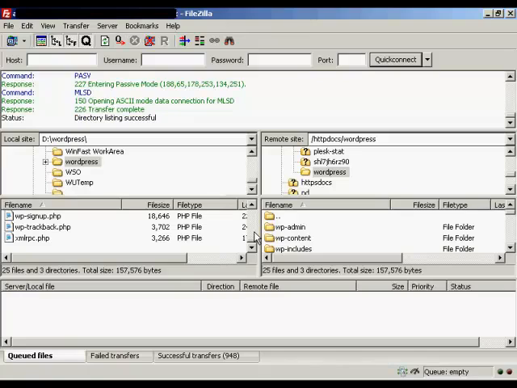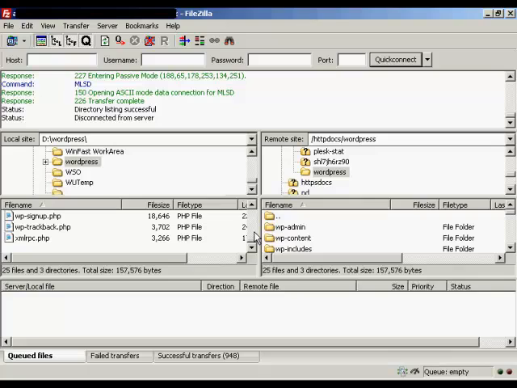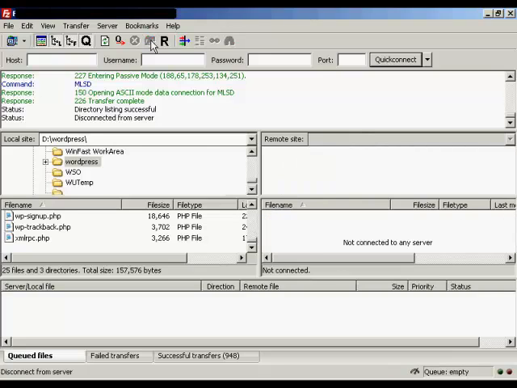Exactly how long this will take will depend a lot on the speed of your internet connection. If you have a super fast broadband, it'll only take a few minutes. On regular broadband, it can take about 15 to 20 minutes. On a dial-up account, it can take a lot longer. In fact, there is such a lot of data here that your dial-up might time out and you'll have to reload it. But the good thing about FileZilla is it will tell you if any transfers have failed so that you can upload them again. Okay, that's all done, so all I need to do now is log off the server and log on to